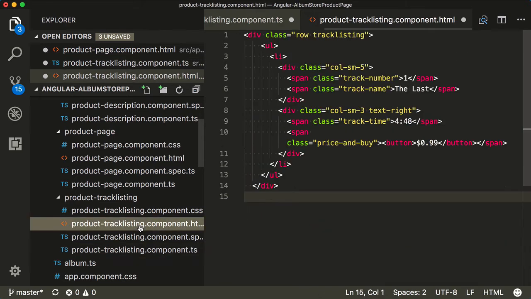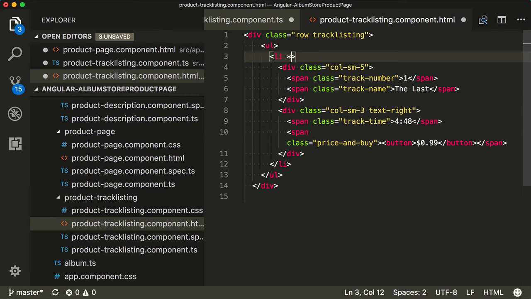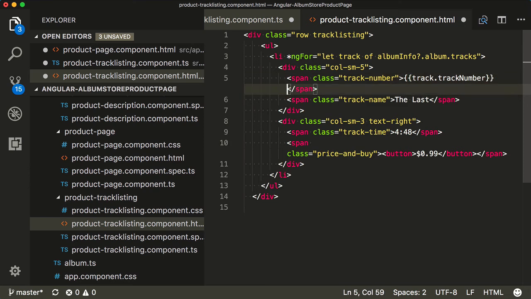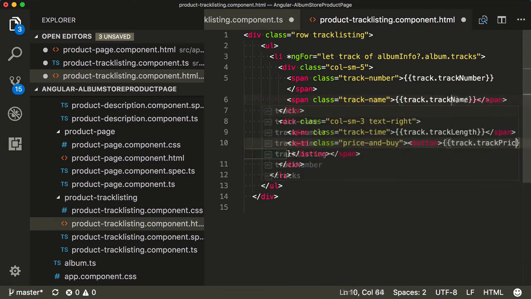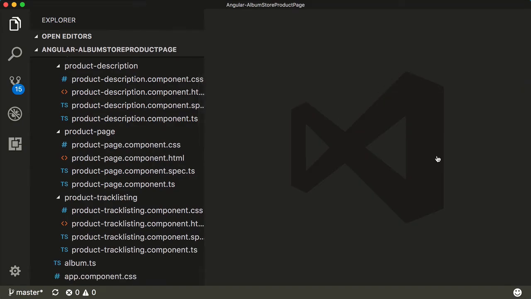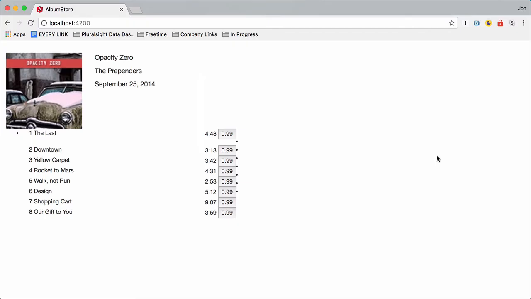Now in product-track-listing.component.html, we'll want to replace this li tag with an li tag that uses the ngFor directive. That ngFor will grab each track from the album_info?.album.tracks key. Inside of each of these li tags, we'll want to replace the text in each span tag with properties from the track object. So the track number, the track name, the track time, and the track price. If we save and close all of these files and open up our app again and scroll to the bottom, we can now see that we've got all of those track objects being dynamically loaded in by the track listing